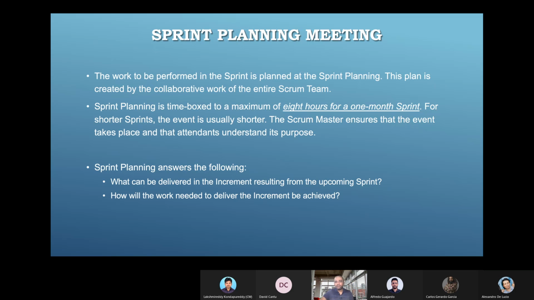For a shorter sprint, the event will usually be shorter, and the Scrum Master will ensure that the event takes place and all attendees understand its purpose. Say you have 6 team members and 3 did not turn up. What is going to happen then? The Scrum Master will talk to those 3 team members and explain the importance of attending sprint planning, because it is very important, and that is how we decide the sprint goal, and we need